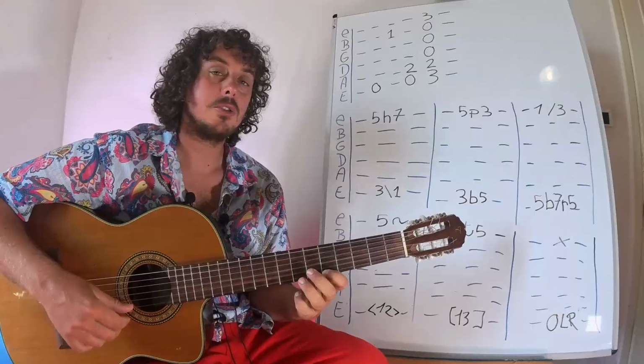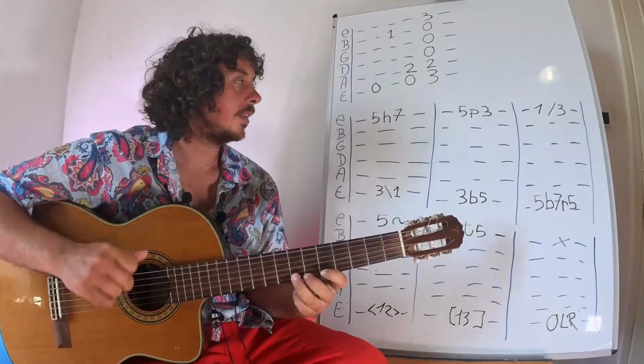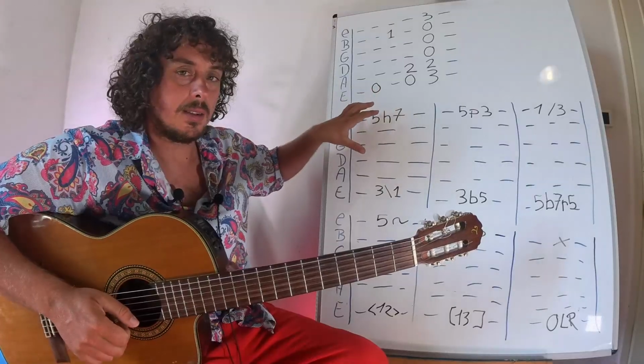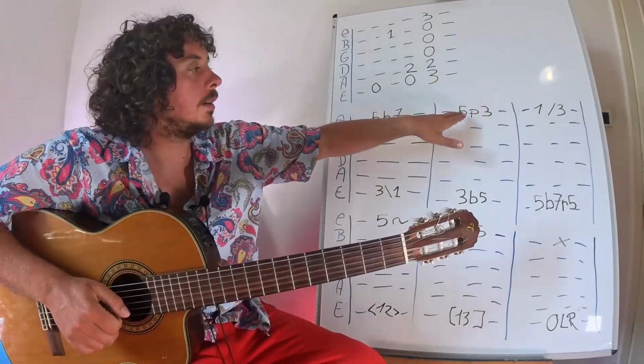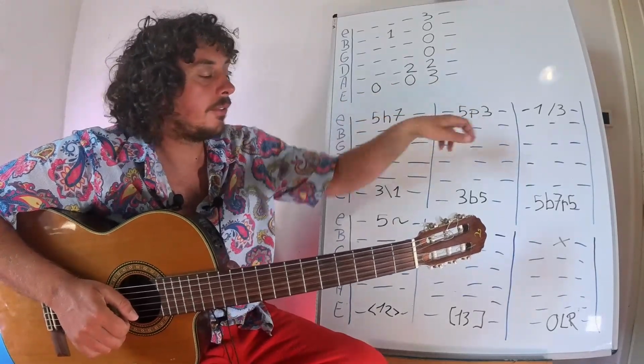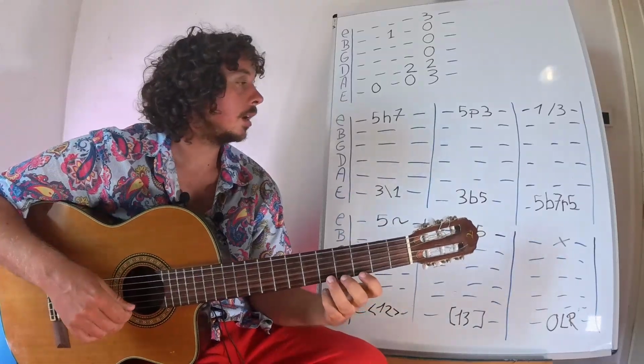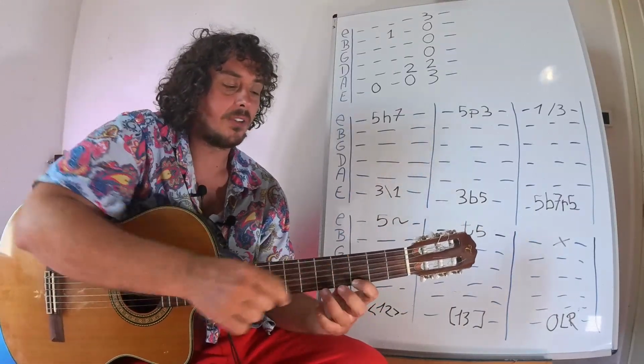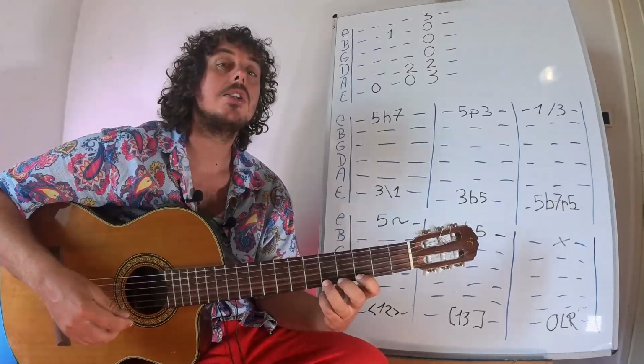Good. In this way, we are playing just with the left hand. We are not talking about how to do this technique, just how to read it. 5P3. So what does this mean? We start with a 5, we have to hold also the third fret, and this is the pull off,